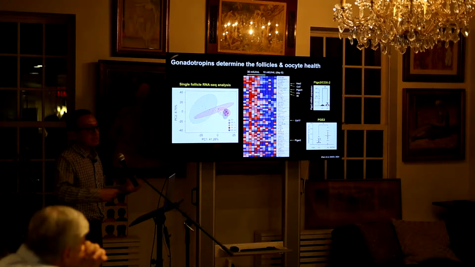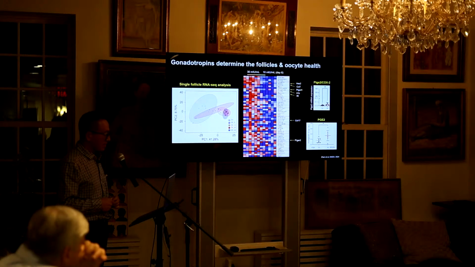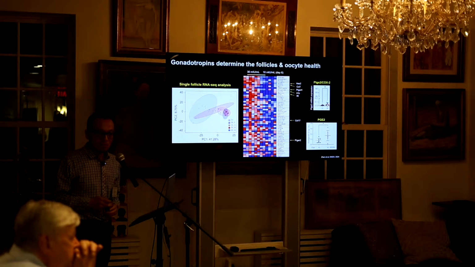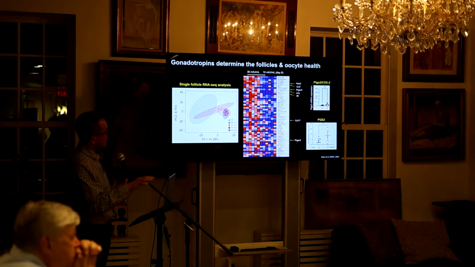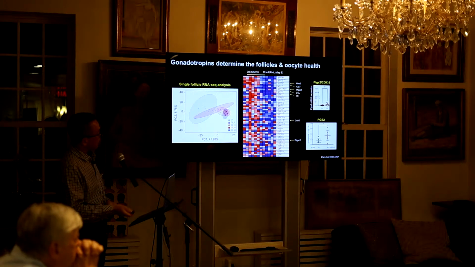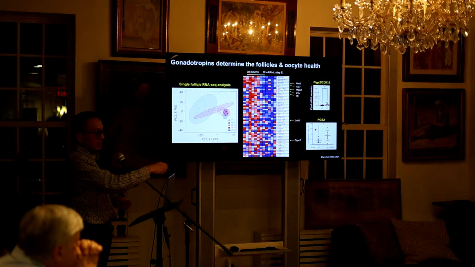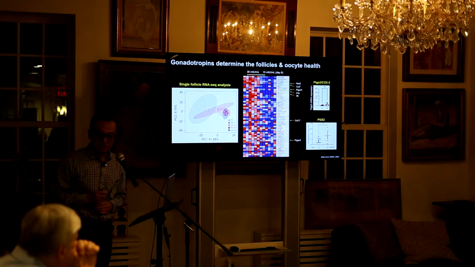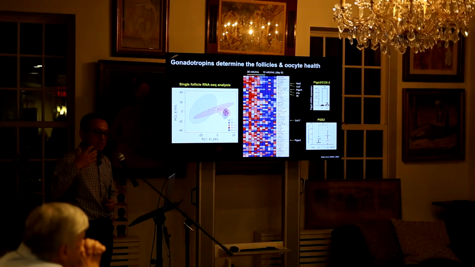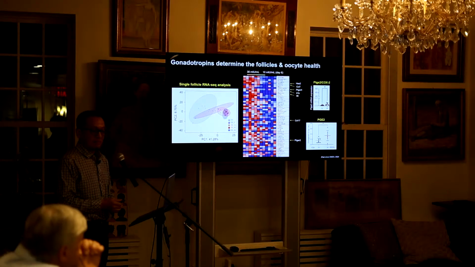So what we did is we sequenced those follicles with different concentrations of FSH, and what we found is that, compared to mild FSH, the excessive FSH can cause inflammation in the ovary. You may think inflammation is fine because ovulation is an inflammation process. But here I want to highlight that this inflammation happened before the LH surge. So that's not good. For example, PCOS is an inflammatory disease. If before hCG, the follicle or the ovary is inflamed, that may not be good. It either increases the risk of ovarian cancer, or it's not good for follicle or oocyte quality.